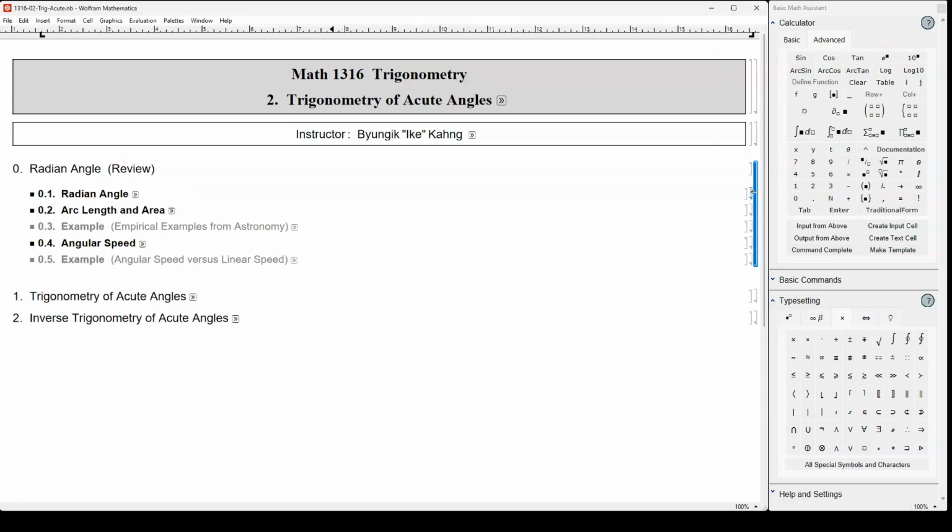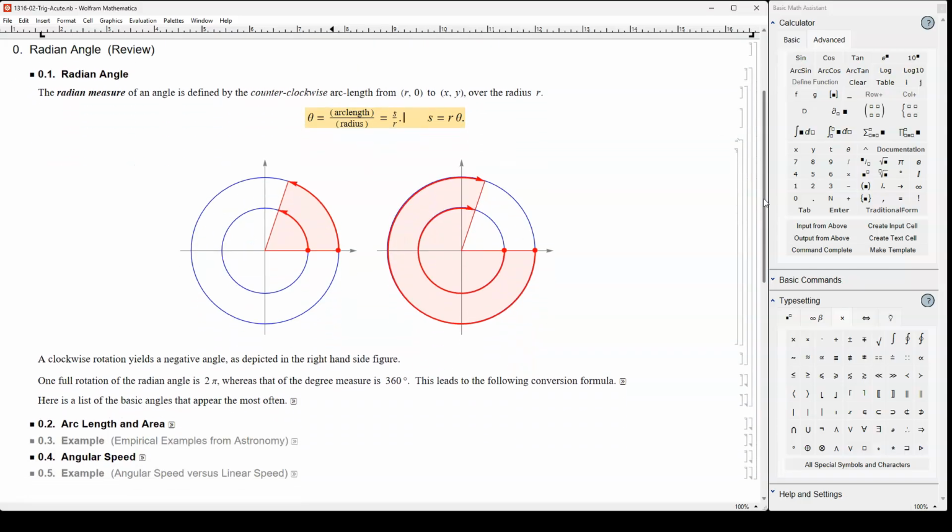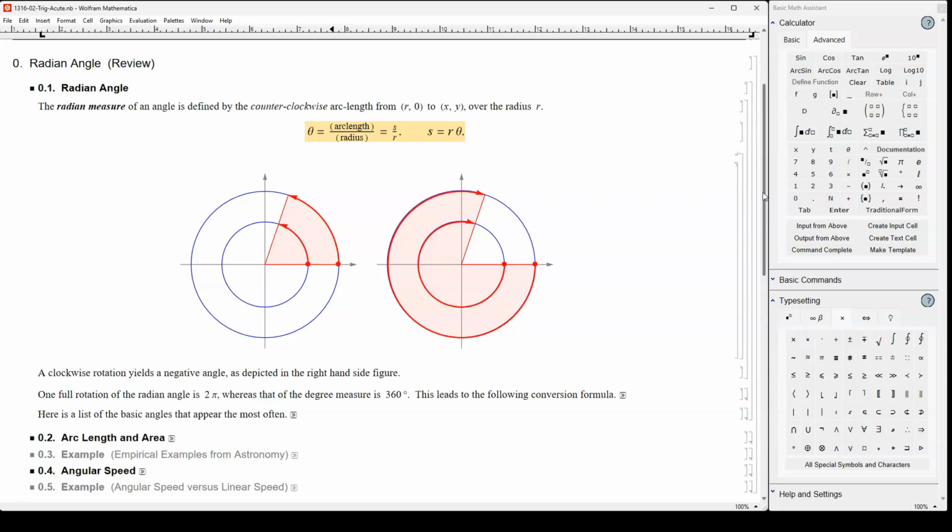Last time we studied radian angle, remember that? The relation between the radian measure and the arc length, like this. Remember that? Radian measure is measured from an arc length starting from the x-axis to the right, counterclockwise, and then divide by the radius, because the longer the radius, actually the arc length will be proportional to the radius. Everything is one-dimensional, so